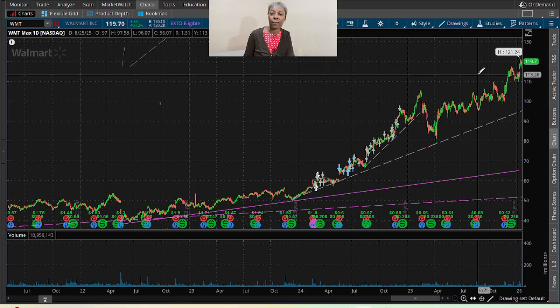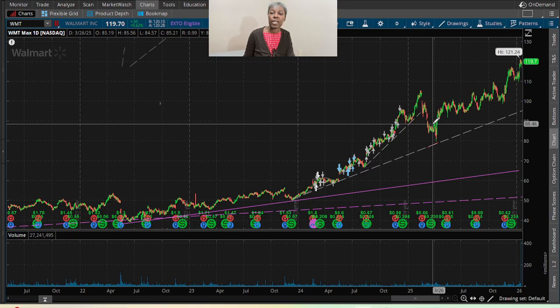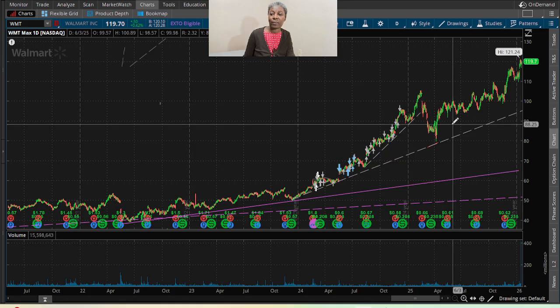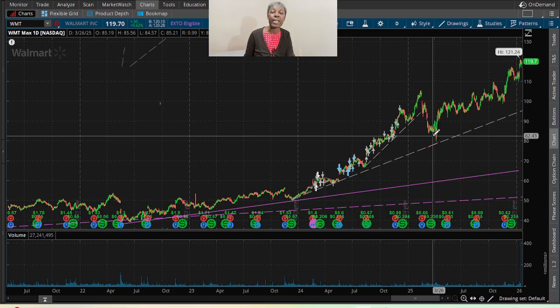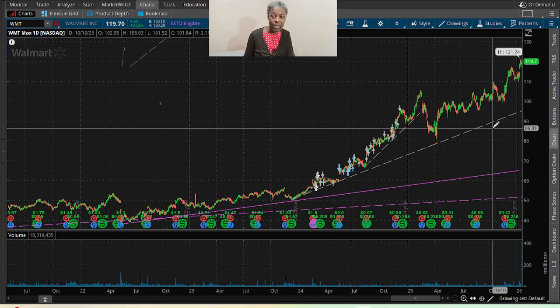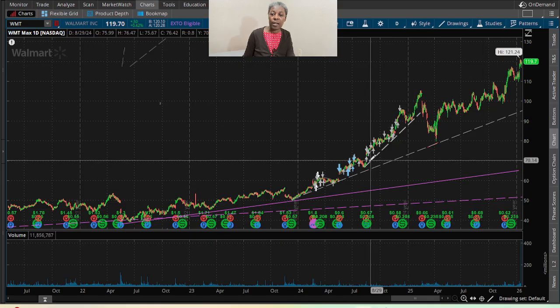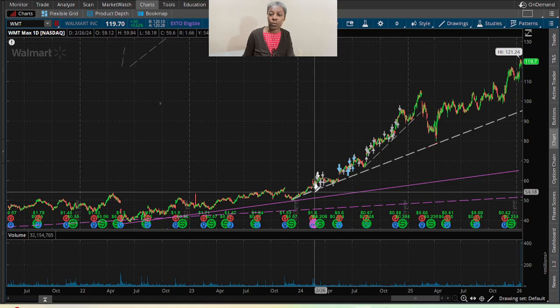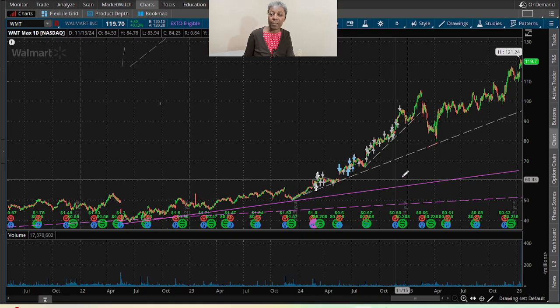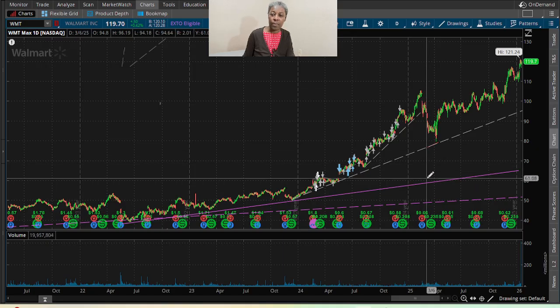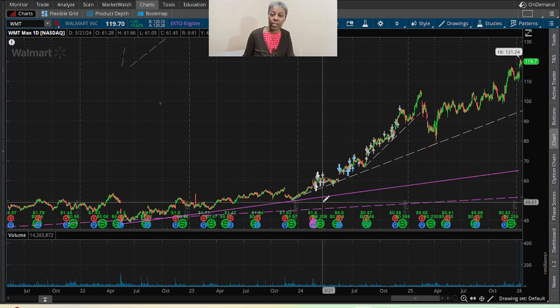If you have Walmart in your portfolio, you could decide if you want to sell it, because it's not the time to buy it, but it could be the time to sell it, depending on if you think it's done going up. Because again, we can see that the last time it laid down on this, we are waiting to buy here. But those two